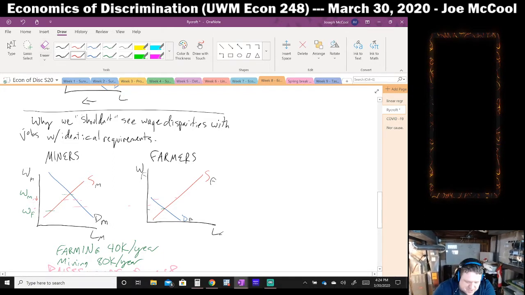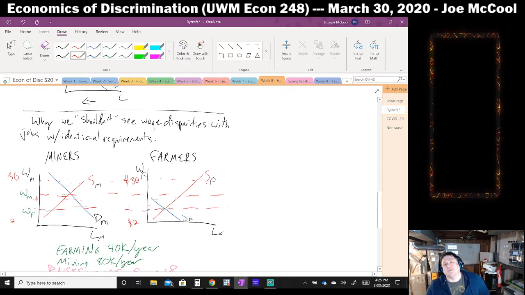Now we have, so these are going to be on the same scale, right? This will be like $2 an hour, and this will be like $30 an hour. So you could draw a straight line all the way across here. These are the same wage. So the graphs are scaled identically on the wages axis. Now, what's going to happen if the wage of miners is significantly higher than the wage of farmers?